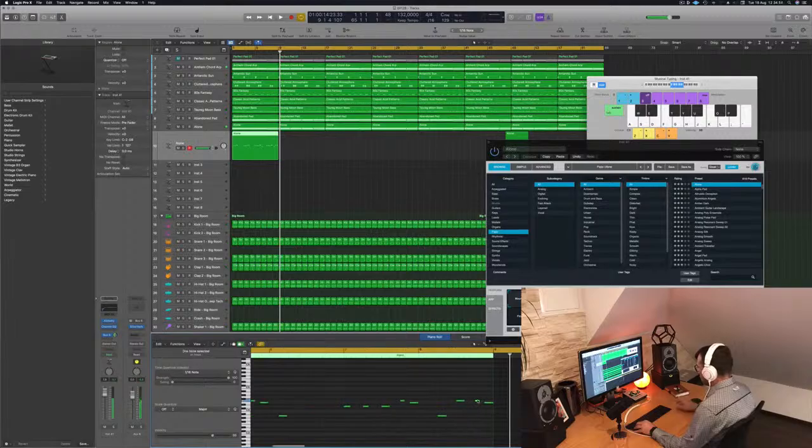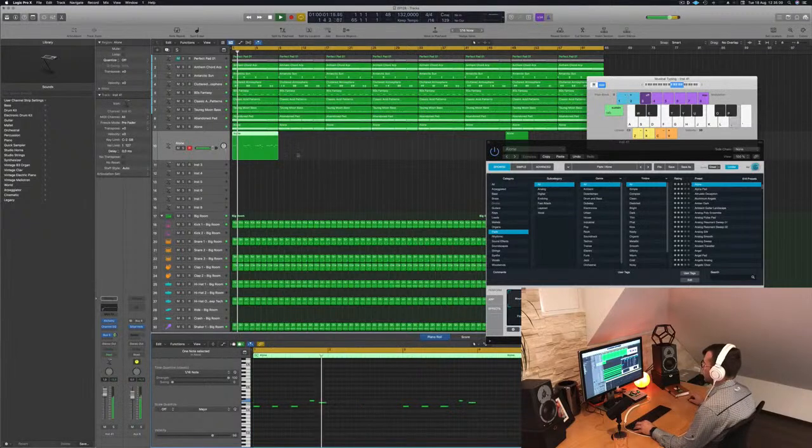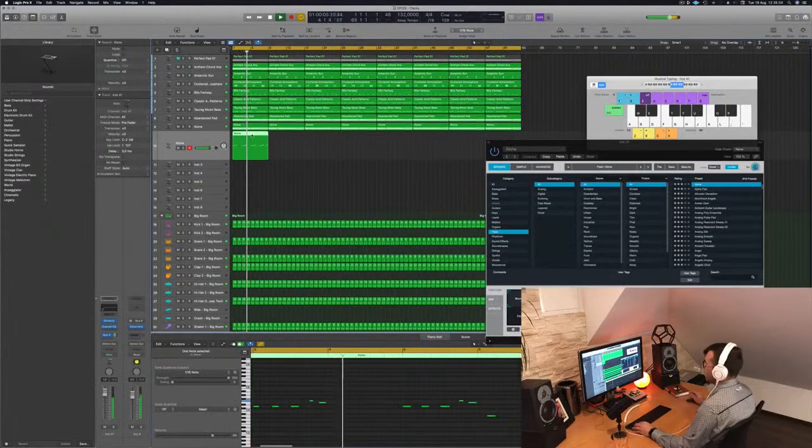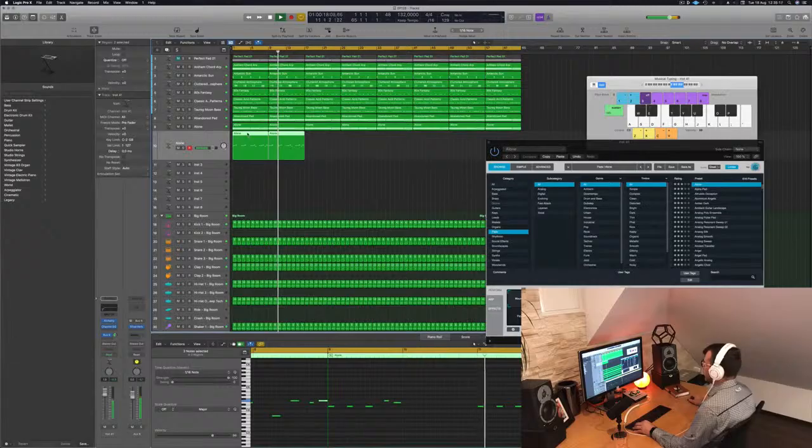Maybe I would invert those two just to make, see if I put